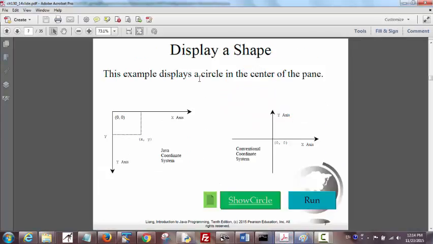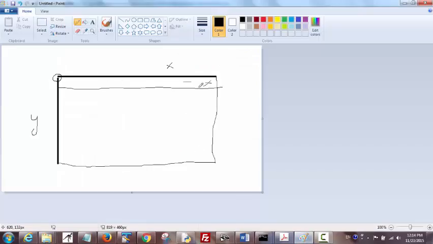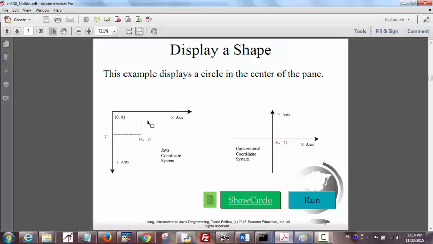So if you want to display a shape, and this is what I was trying to get at, remember this is the X and the Y axis. This is our location 0, 0, the top left corner. The conventional Cartesian coordinate system has 0, 0 in the middle, but of course the Java coordinate system is different than our traditional coordinate system. This helps you, by the way, as you start drawing things or placing labels, you